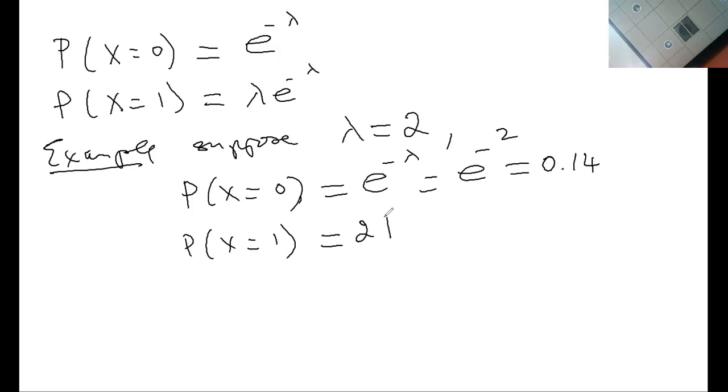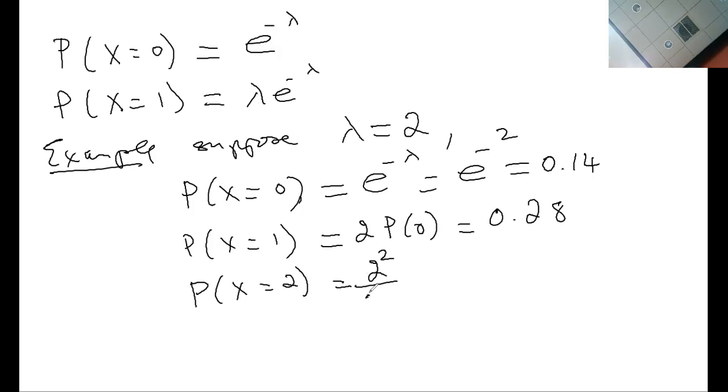It will be 2 times p of 0, which is 0.28. You see why I'm getting it from the one we did up here. P of x equals 2 will be 2 squared over 2 times p of 0, which is